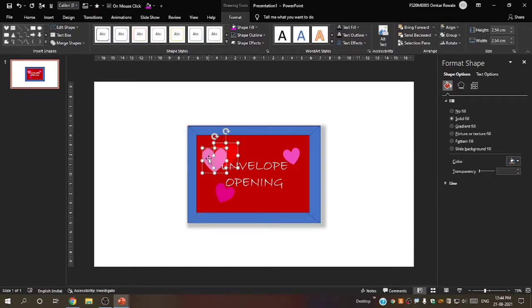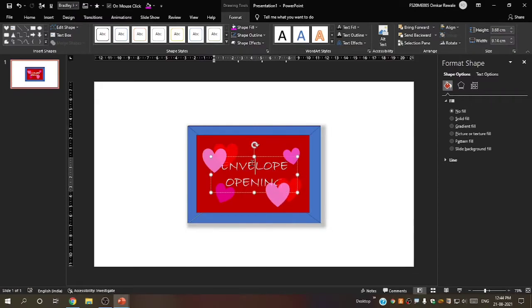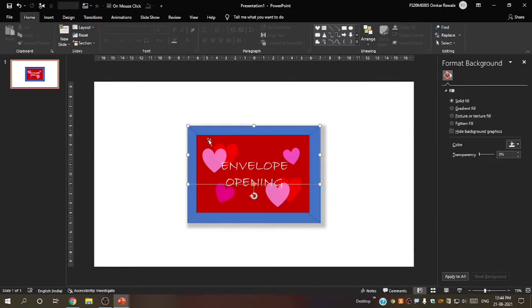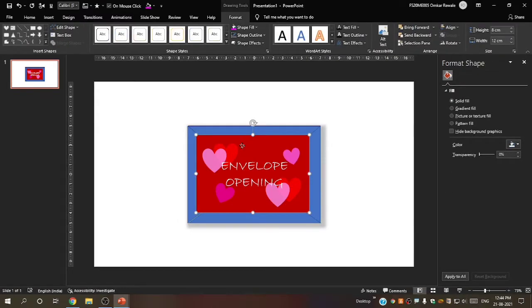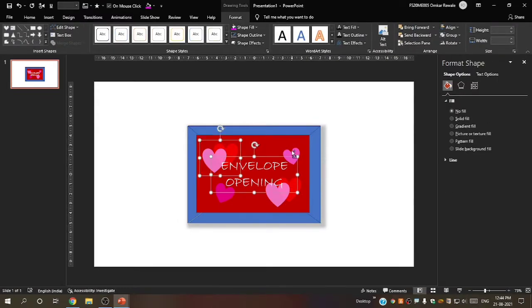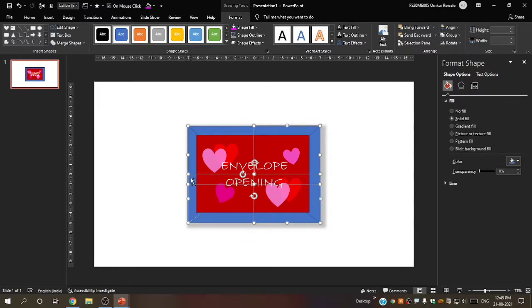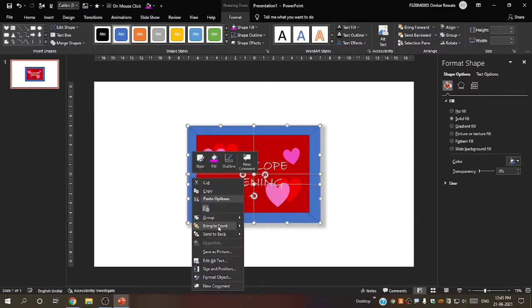Remember, as we select more darker colors, you have to increase its transparency. Now I will group this and press Ctrl plus D to bring it over here. Okay, I will select this text, right click on it and say bring to front. Now let's select all these letters with the Ctrl key. Remember, only select the letter portion, don't select the envelope portion, and say Ctrl plus G to group it. Now I will select these envelope parts, the triangles of the envelope, and right click and again say bring to front.